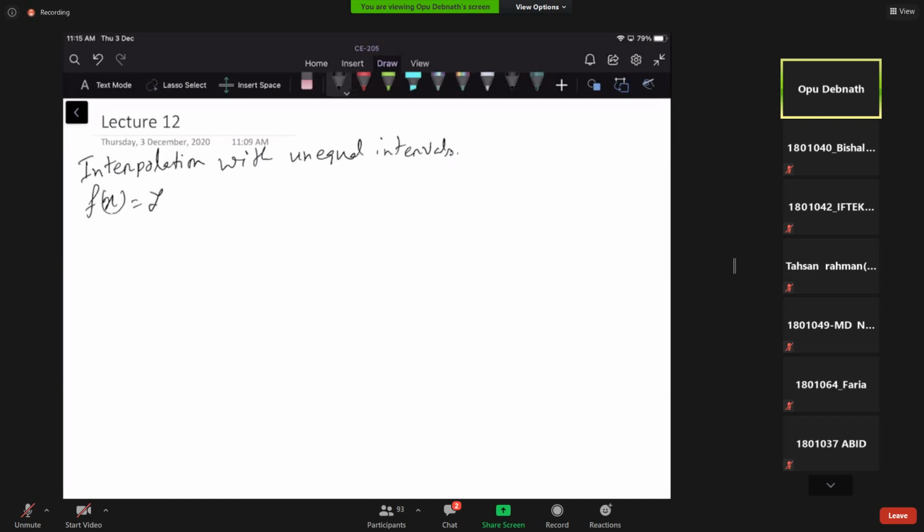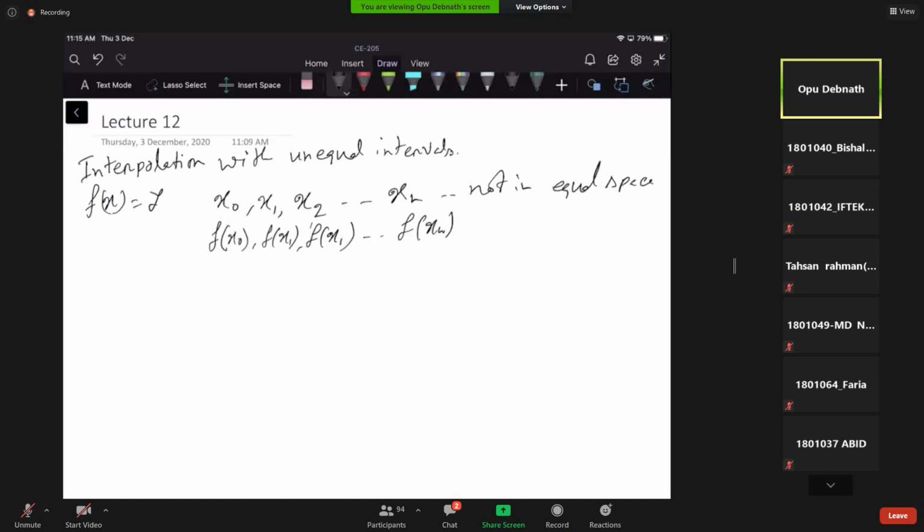For this function, the argument values are x0, x1, x2 up to xn, and the corresponding function values, or entry values, are f of x0 up to f of xn,